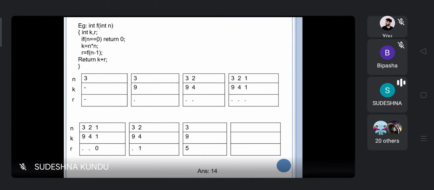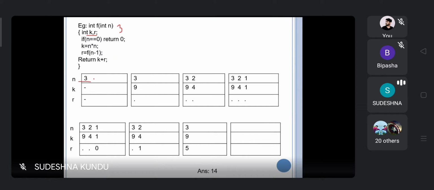We can take another example: int f(int n), int k, r. If n equal to 0, then return 0. k equal to n into n, r equal to f of n minus 1, return k plus r. Initially the value of n is 3.